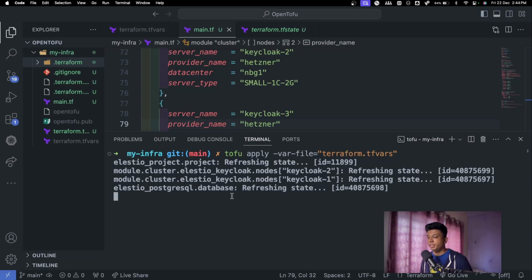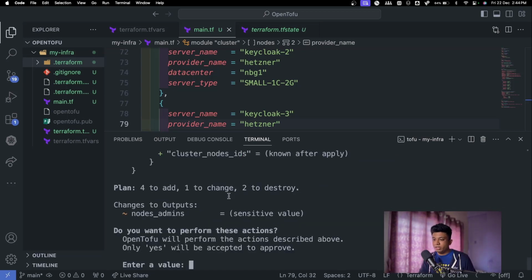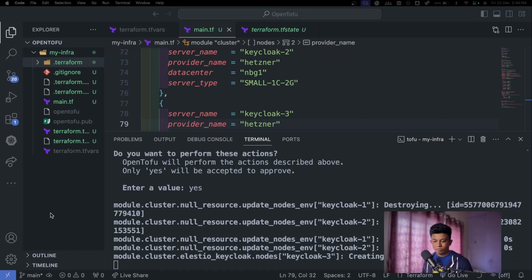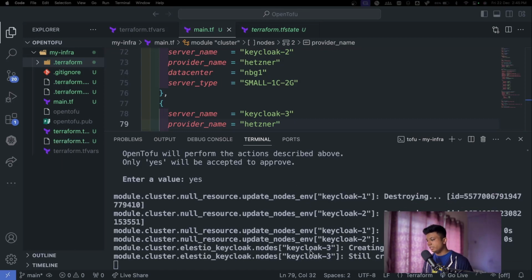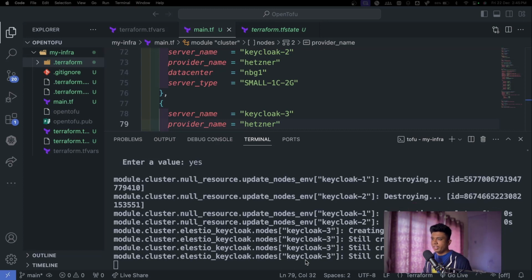We are getting the state file refreshed, which was created with Terraform. So we are using the same state file that was created by Terraform, and yes, we will do yes, next. Now we can see the third one. It's creating the similar ones as we do. We will make changes to our Terraform file, and once we apply it, it will get reflected to our infrastructure. So we don't have to do that manually, and we can share the same state files or Terraform files with